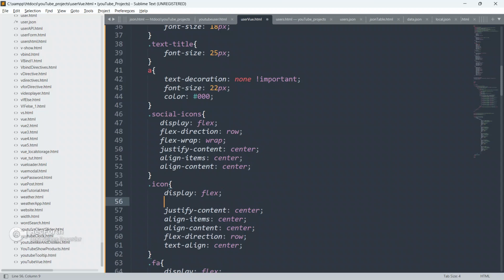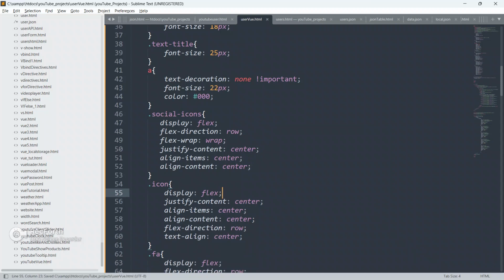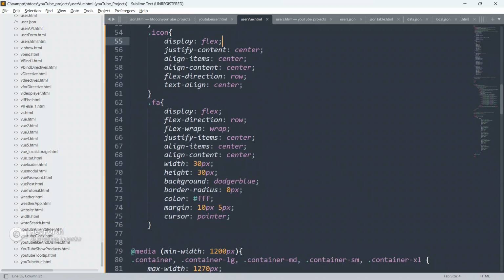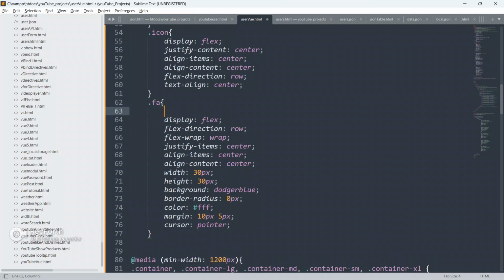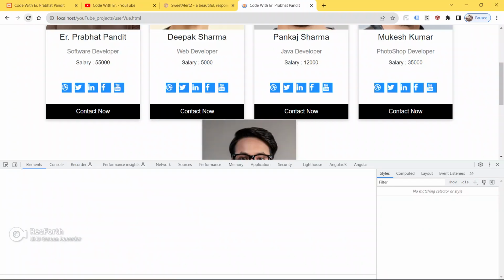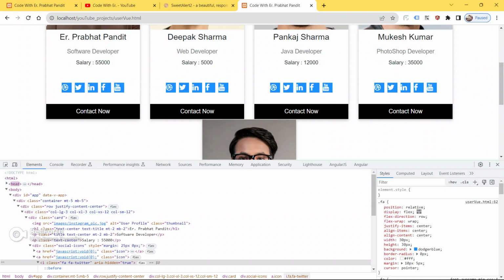Justify content center, flex direction, yeah, it's already there, and give position as relative, and align item center, justify content center, refresh the page. Okay, why is the icon not in the center, guys?